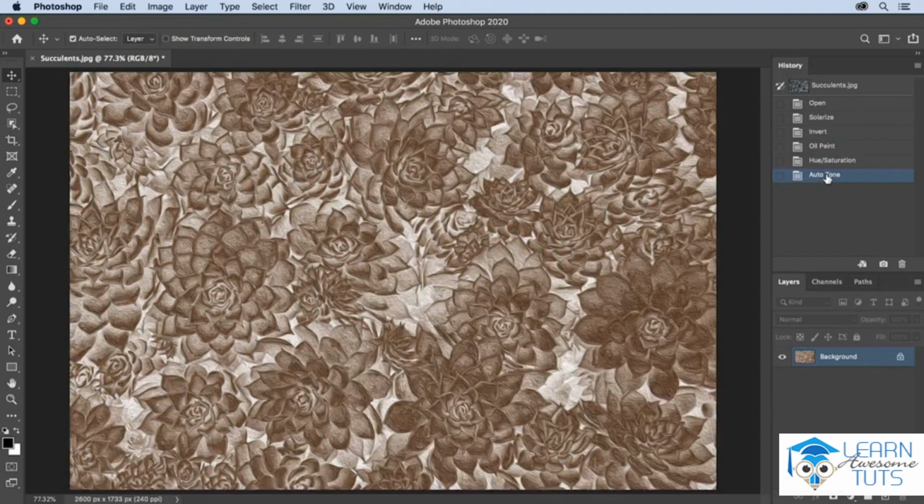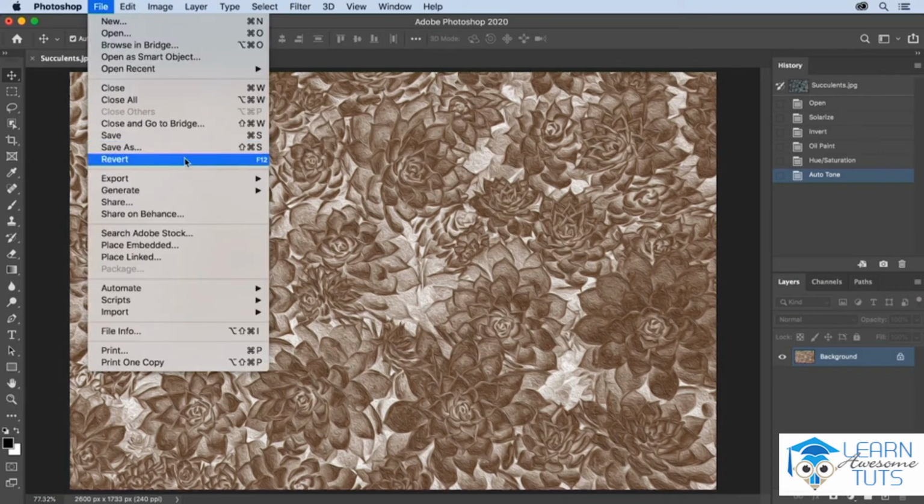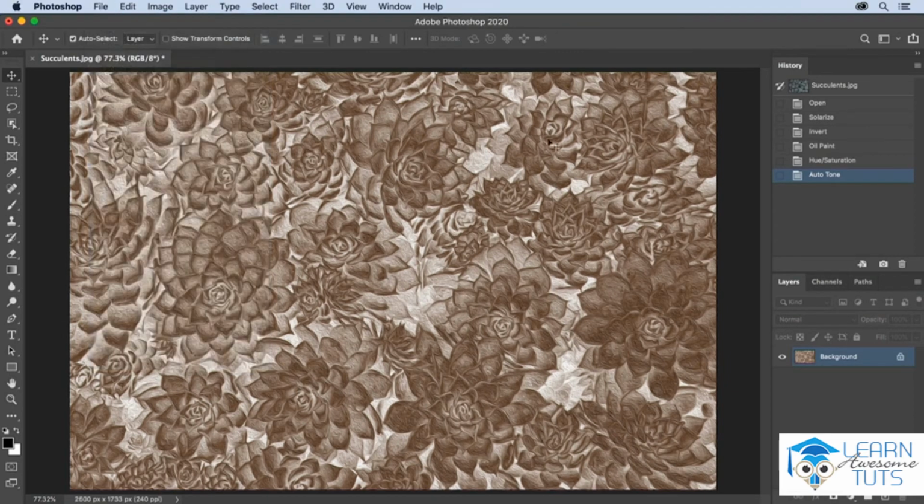All right, if I got to a point where I just really didn't like anything that I'd done, I can always revert the file by either closing the file by selecting Edit, and then Close, or using the keyboard shortcut Command-W. Or I could choose File and Revert, and Photoshop would basically close the file and reread it from the hard drive. Or I can just use the History panel and click on the snapshot that was generated automatically when